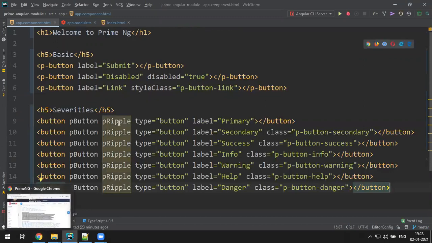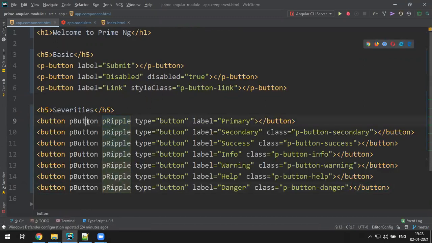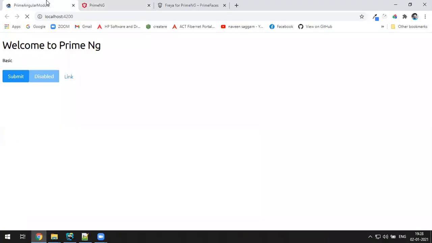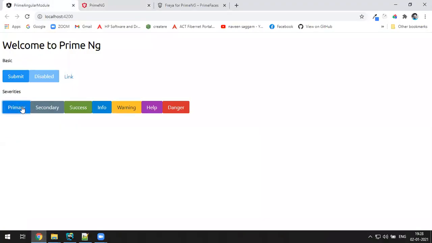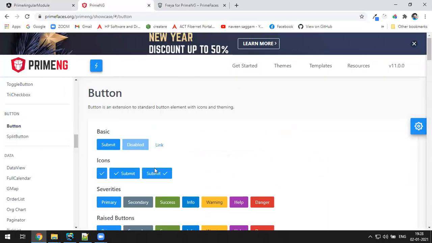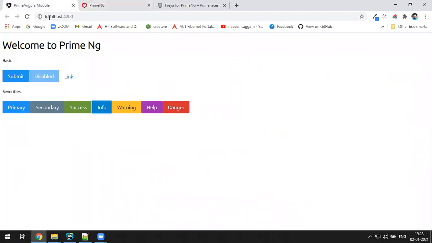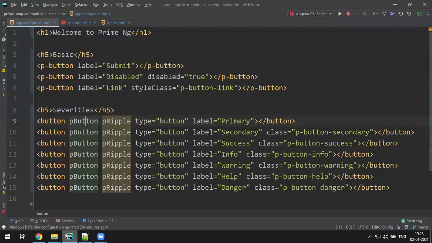Okay. See, the ripple module we added now. That is this one, ripple. Okay, see this animation is coming now when you click on the button, that is ripple. But in each button there is no space, huh? But here this guy gave a nice space over there. We didn't get the space. I think you need to add some margin. If you add a margin to every button, that looks good.